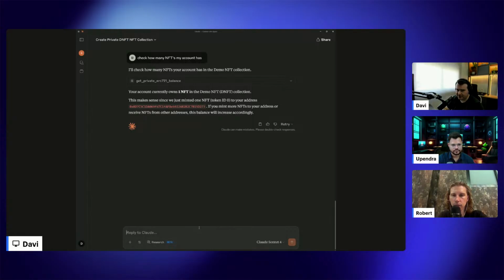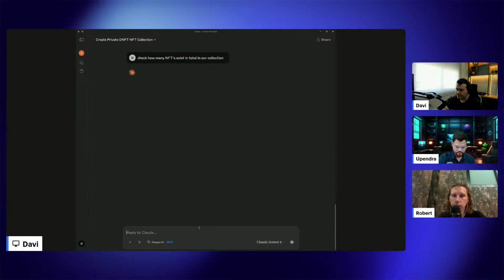So I can ask to check how many NFTs exist in total in our collection. So not just mine, but all the other NFTs that I minted.